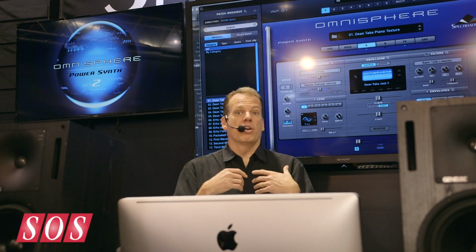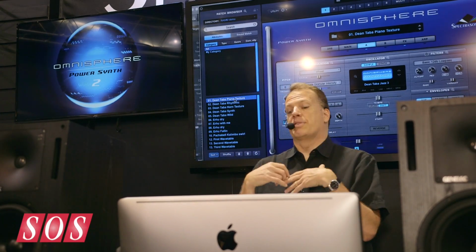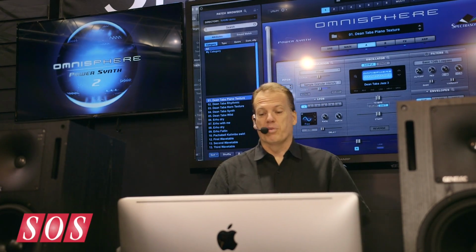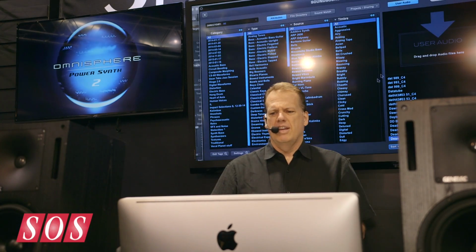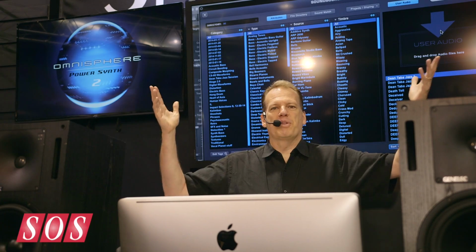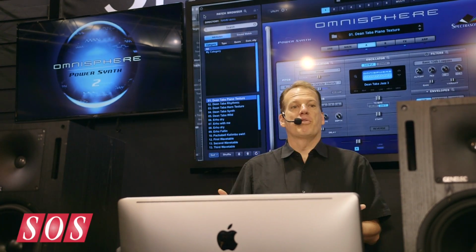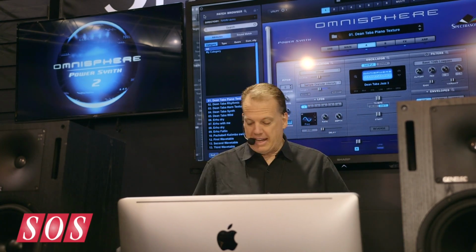One of the biggest requests, certainly the biggest request we have always had, is to have the ability to bring your own audio files into Omnisphere. And you can do that in Omnisphere 2, which is amazing. And it's super easy to use. You just have a user audio button. You drag and drop your files there. That's it. I just explained the whole process. And then it shows up as an oscillator waveform. So I can take something like this,